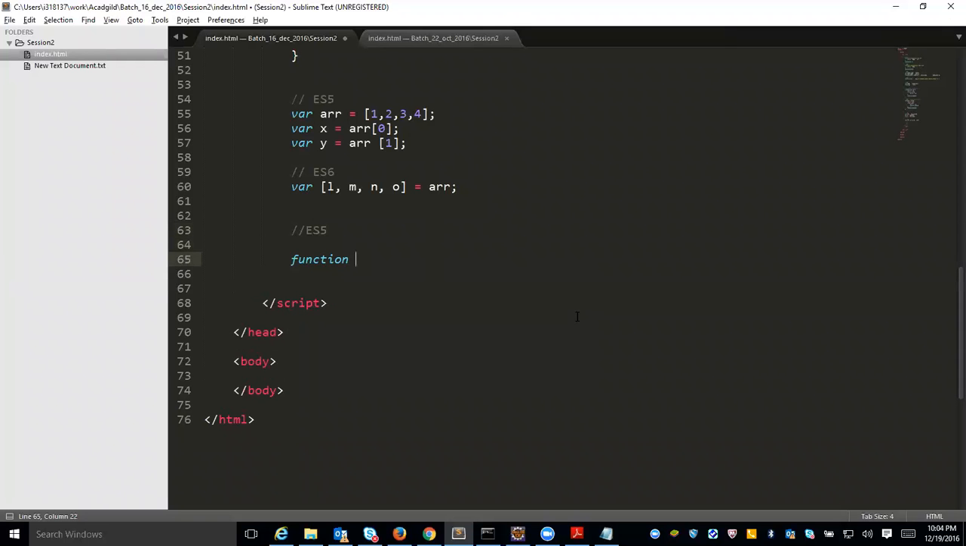Simply function and something like this. Let's suppose you are having a var something def equals function, right? So this was a normal function in ES5. Now ES6 has come up with a new syntax of creating a function, which is called the arrow function,